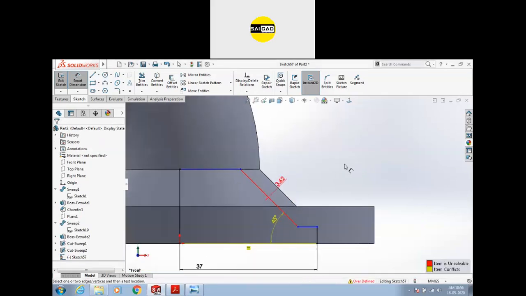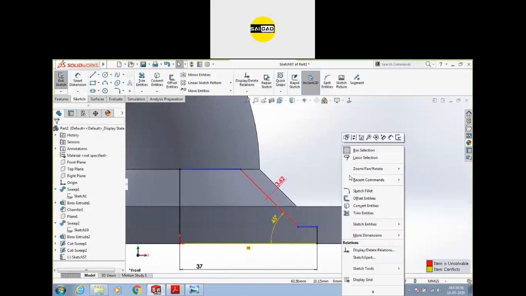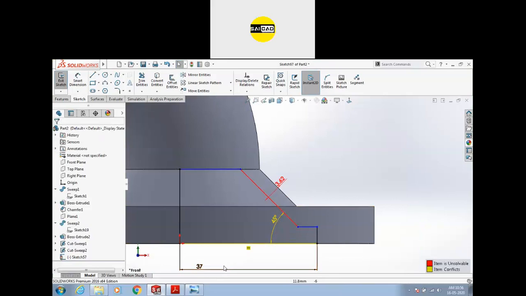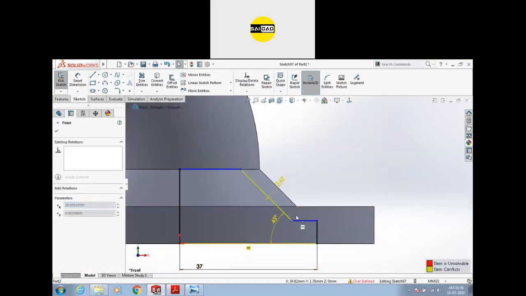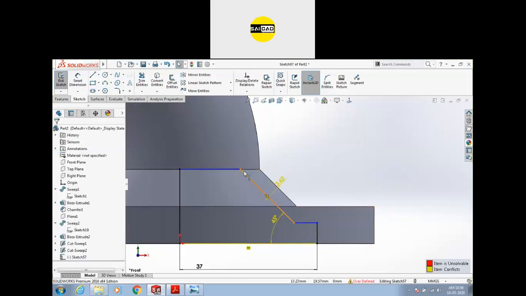What is the error? We have this 45-degree angle, so we have a value here. There is no value specified here, so I'm going to delete this 45 and I want to specify the value of 5, and this will be like that.